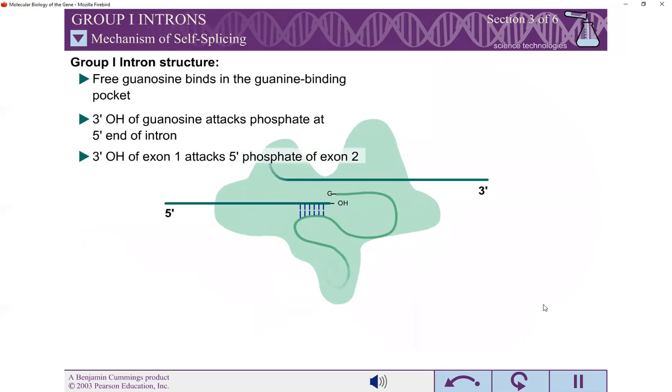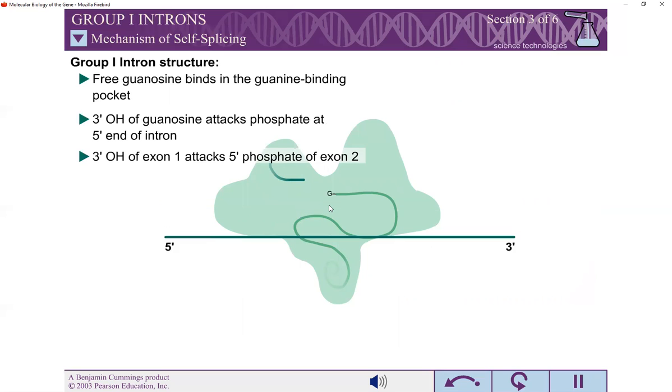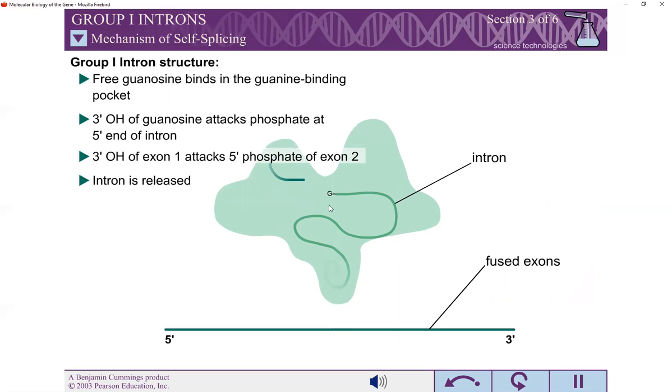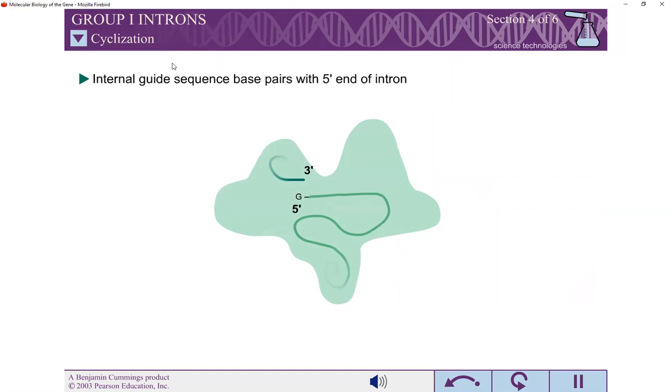The freed 3' hydroxyl of the exon then attacks a phosphate at the 5' end of the other exon. This fuses the two exons and releases the intron. So this has fused the two exons together with each other, and the intron has been released. The internal guide sequence is also capable of base pairing with a sequence near the 5' end of the excised